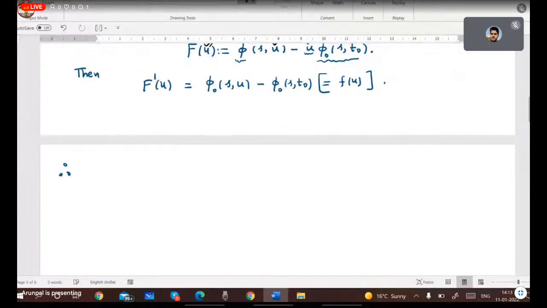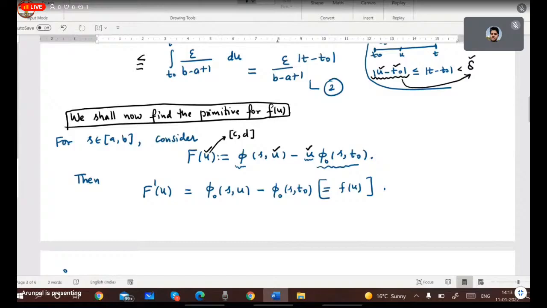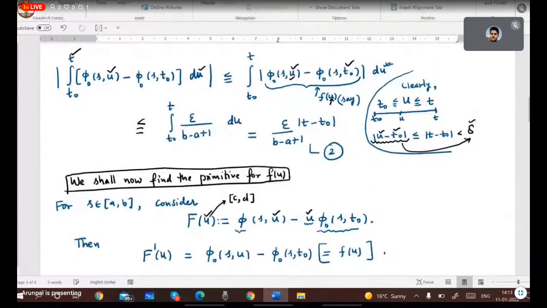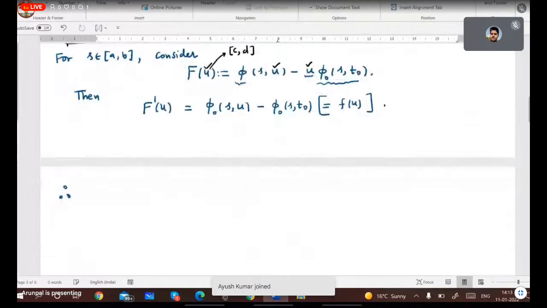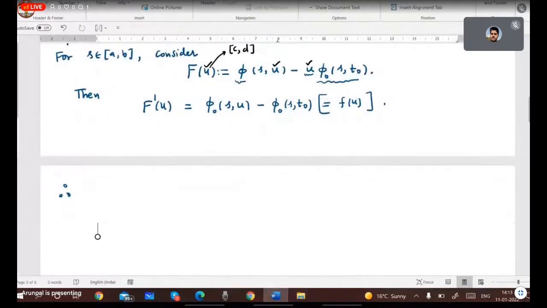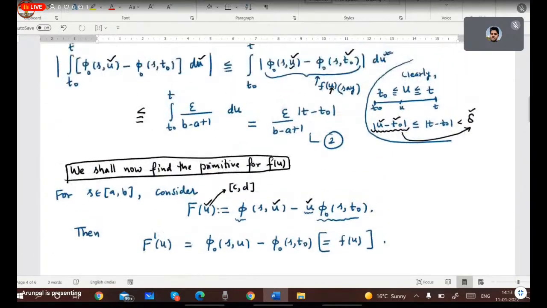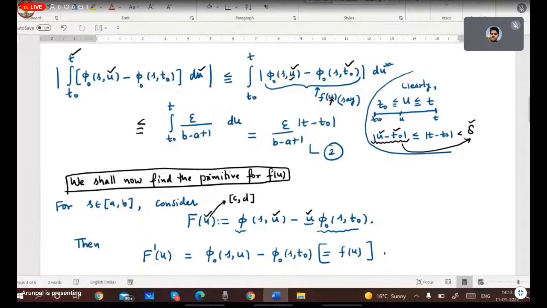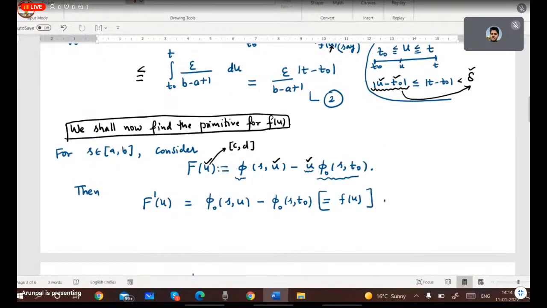Therefore, from 2 we have, so class, now I am going to replace this with f dash u. Is this okay, class? Yes, sir. So from 2 we have